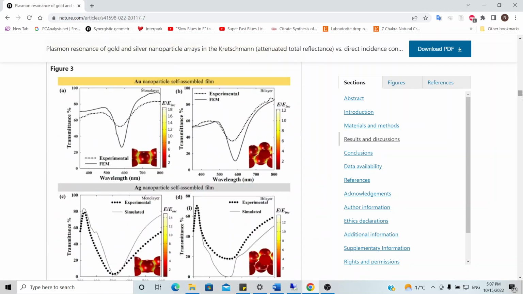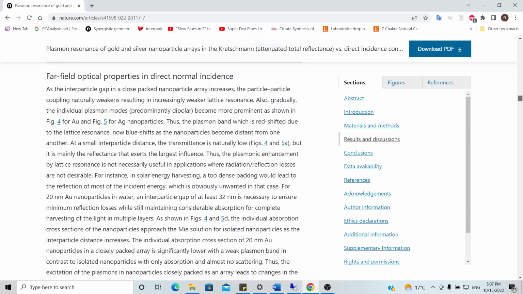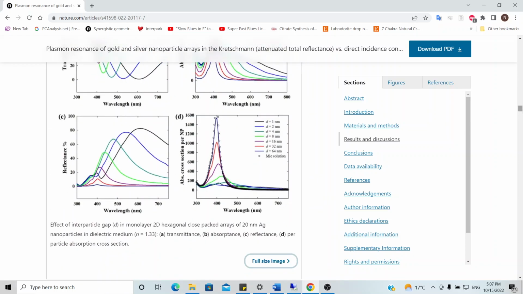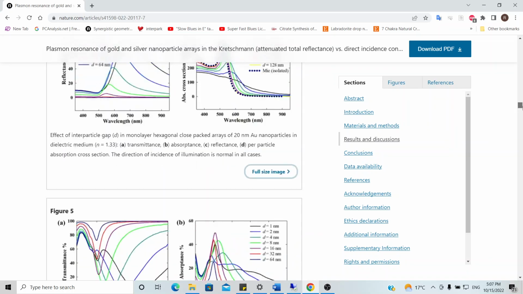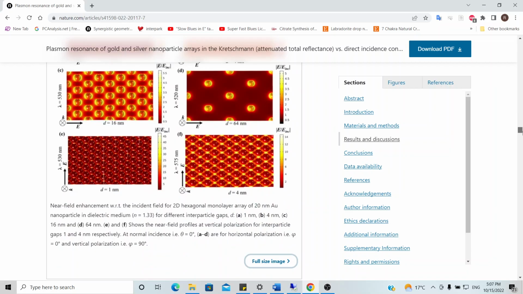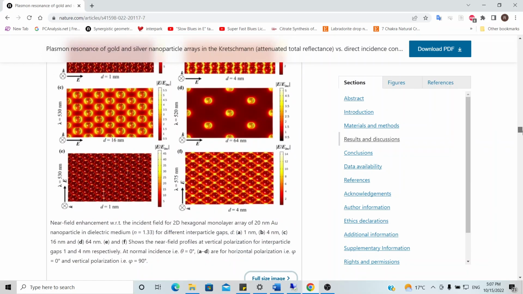And also the experimental and simulated spectra are compared. The study compares different interparticle distances in the film and also the near field properties,